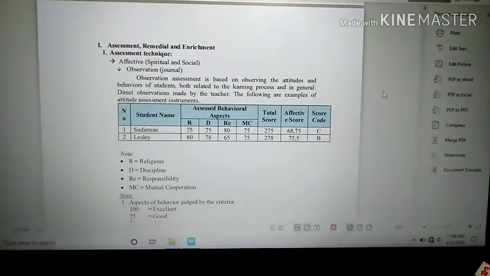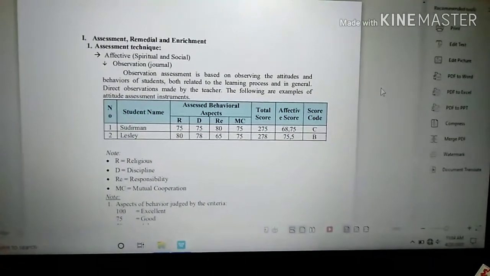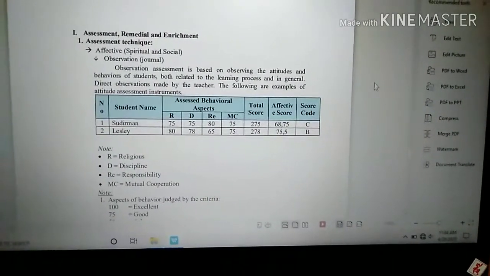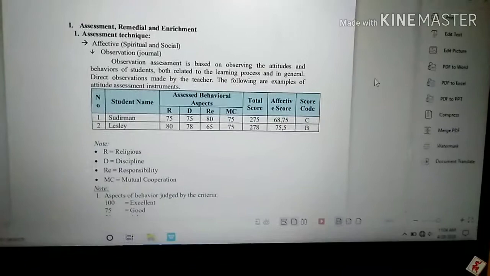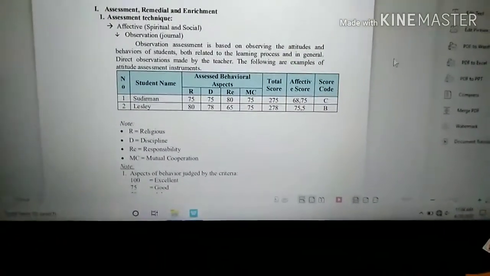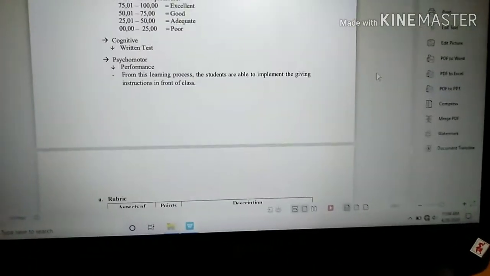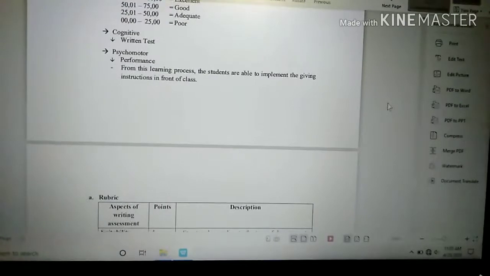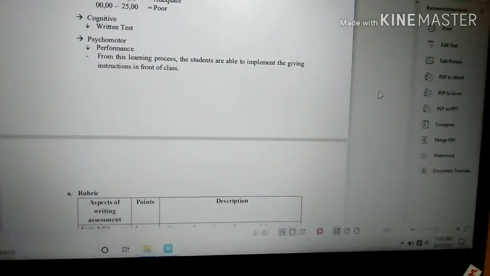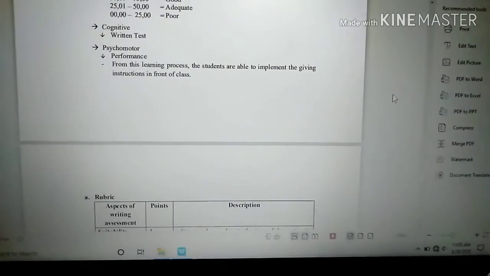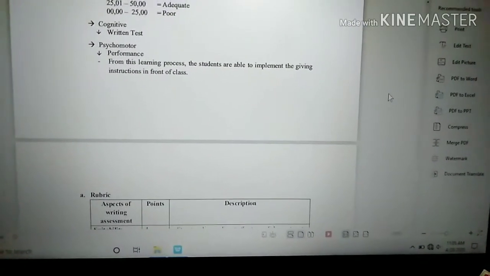The following are examples of attitude assessment instruments: religious, discipline, responsibility, mutual cooperation. And then the psychomotor performance. From this learning process, the students are able to implement the giving instructions in front of the class.